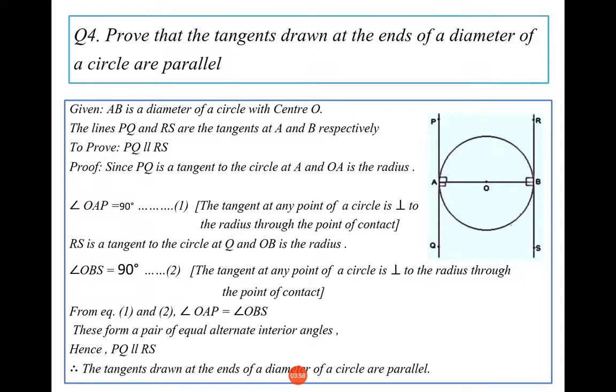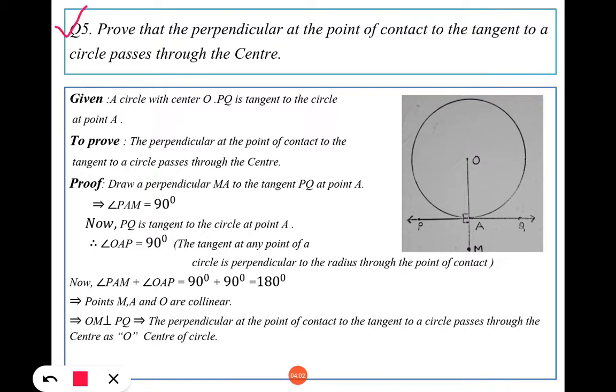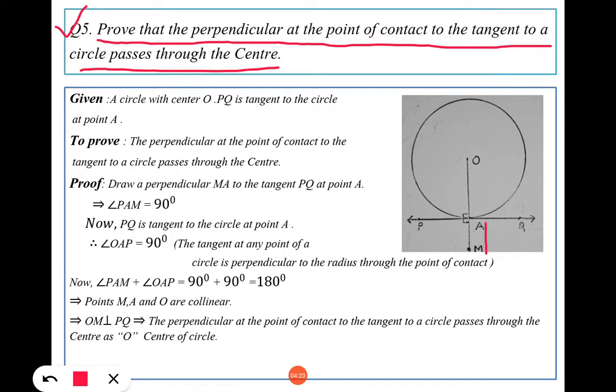Now, let us take question number 5. Prove that the perpendicular at the point of contact to the tangent to a circle passes through the center. Now here we have to prove that a perpendicular drawn on the tangent at point of contact passes through the